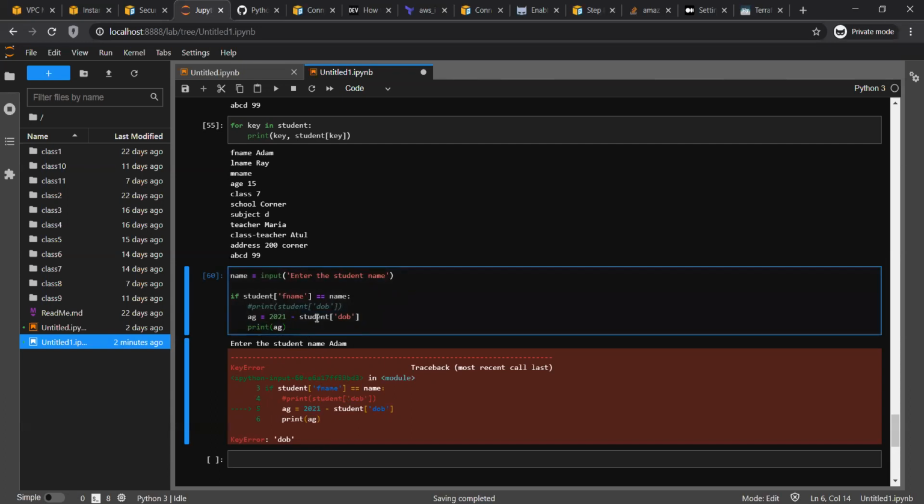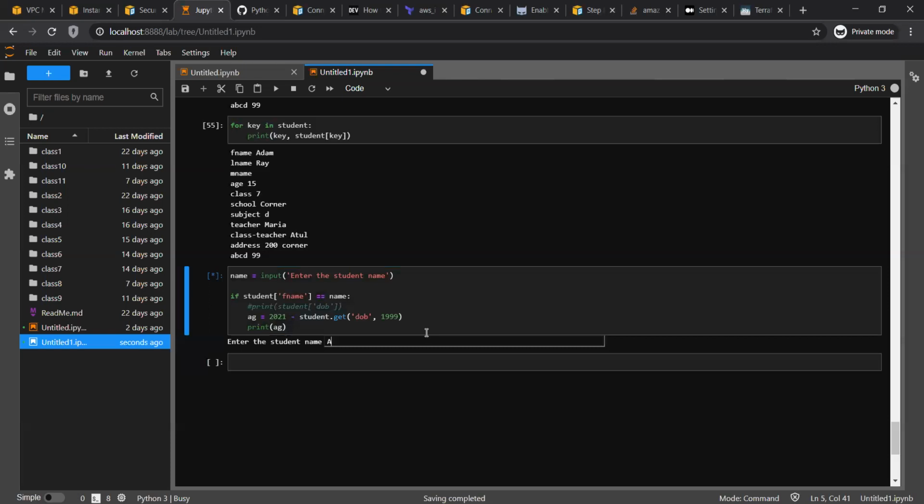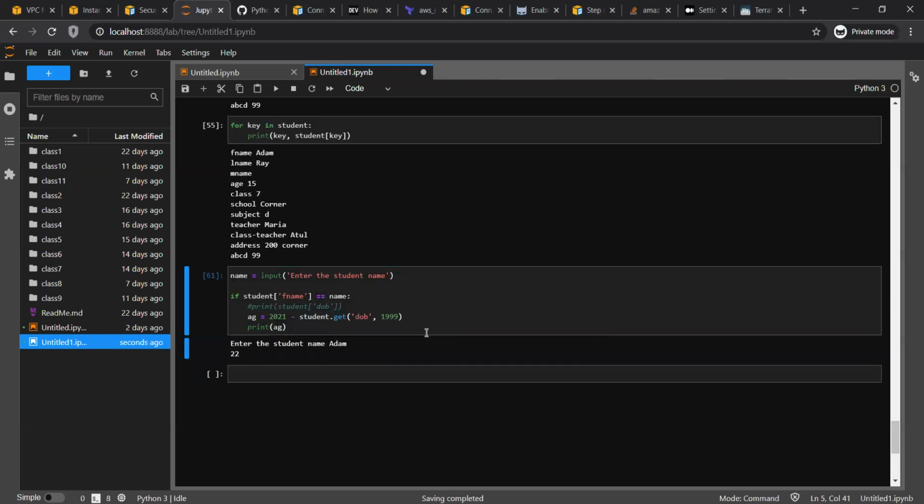So what I am going to do in that case is use that get operation. So let's say I'll do get, give me the DOB. If suppose DOB doesn't exist, I'll assume he was born in 1999. Suppose this is again a random calculation. Okay, if I run this and if I run Adam, I'll get a value.